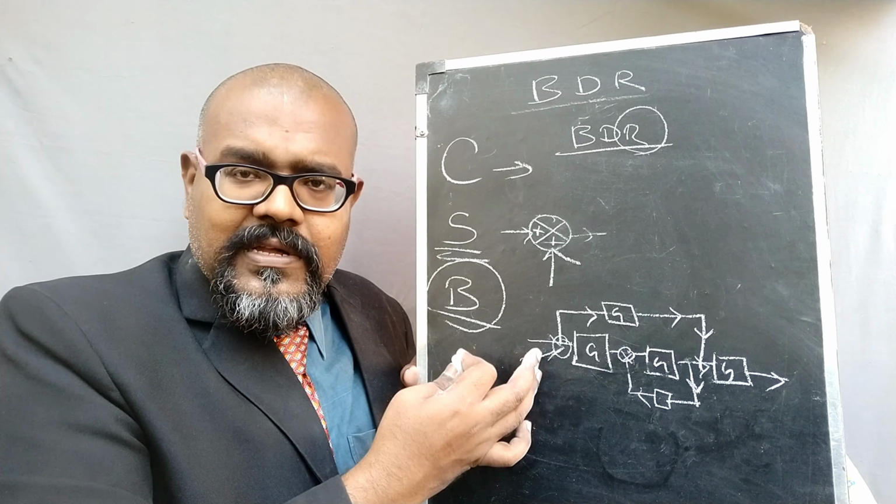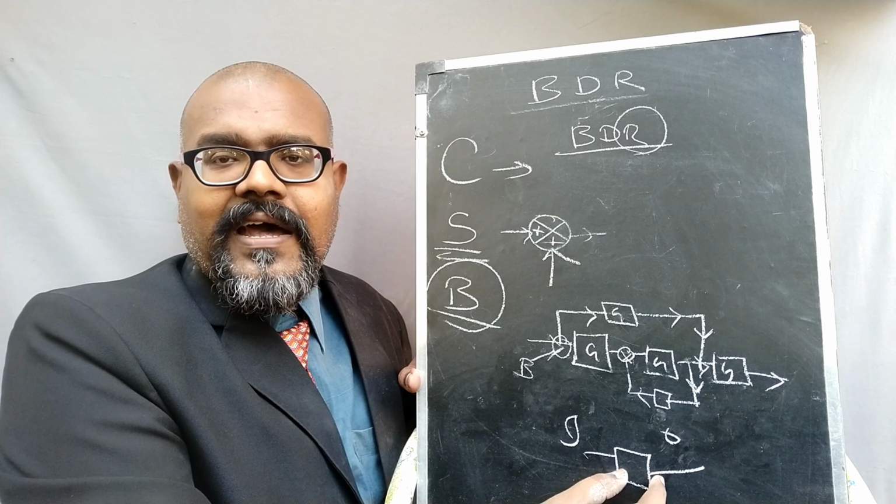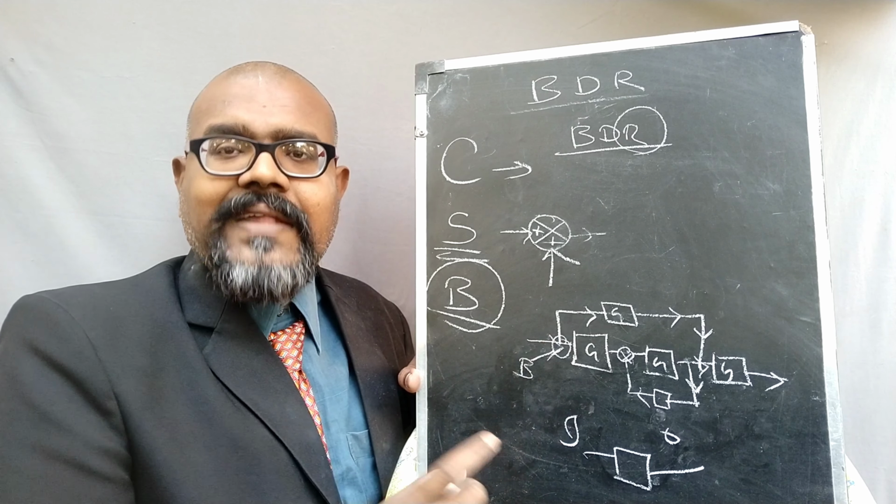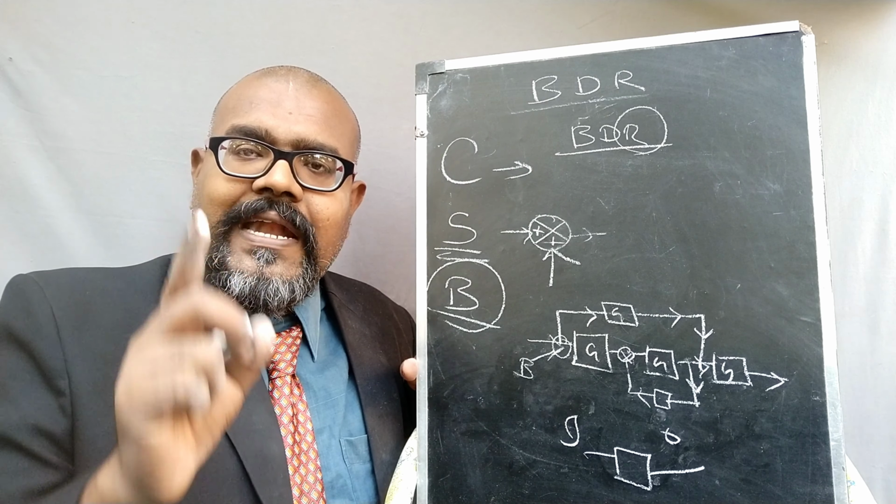For example, this particular block diagram has 4 elements and 1 feedback path. You need to reduce that 4 into 2 and the 2 into 1. And the final element, you just reduce the block into 1. Then we know that this is input and this is output. If it is one block with one input and one output, then it is very comfortable for you to determine the transfer function.